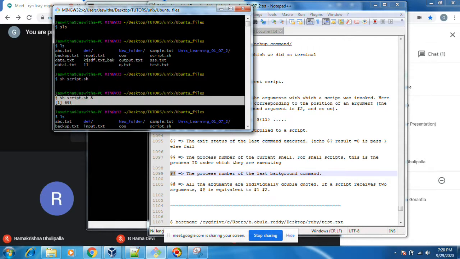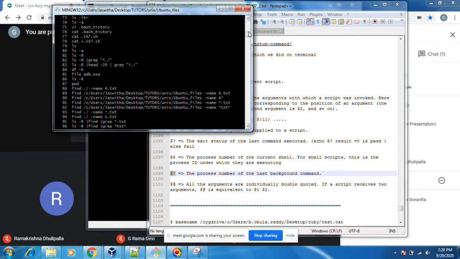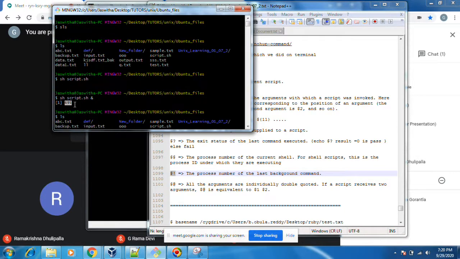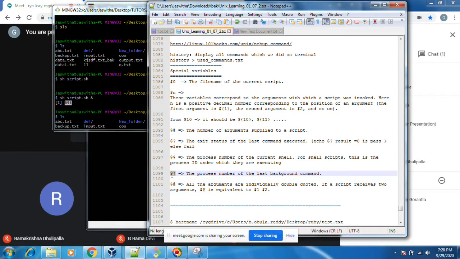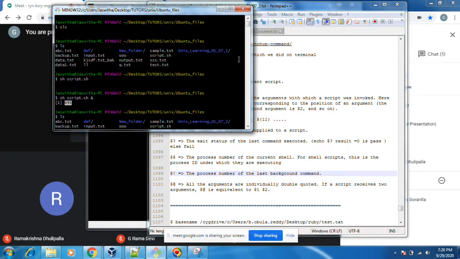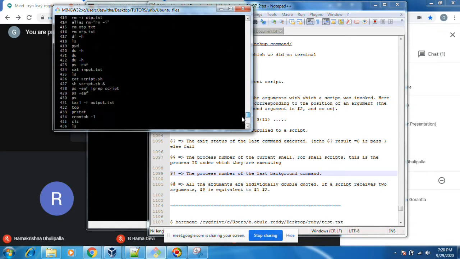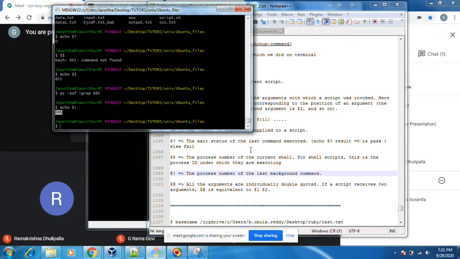Earlier we ran a background command and you saw 694. Now it is showing 695. I think you have understood. We previously ran this command in the background, that's why the process ID is 695. Using this dollar exclamation, it will show the process number of the last background command. That process ID you will get.